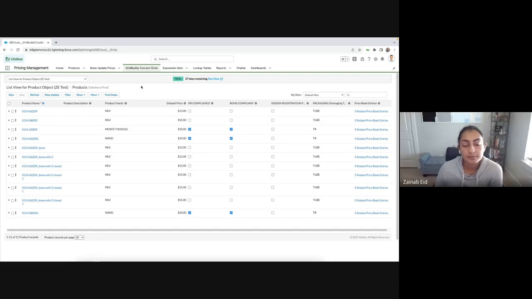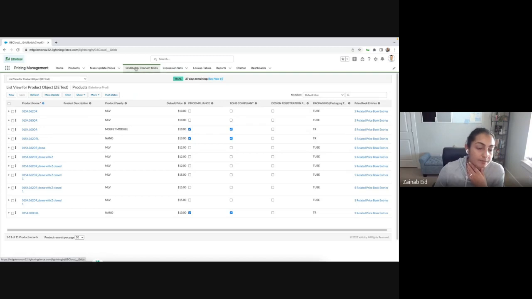Okay. All right. So really what we've added is the Grid Buddy Connect package. So you have the package, you install it onto your Salesforce instance. There's a whole section under your admin setup workspace where you can see all of your, let's say, AppExchange apps or packages that you have installed on your Salesforce instance. One of those packages would be Grid Buddy Connect. And you see Grid Buddy Connect on this tab here. It won't necessarily be called Grid Buddy Connect. That can be changed. But since this is just a trial org, it looks a little funky from the naming